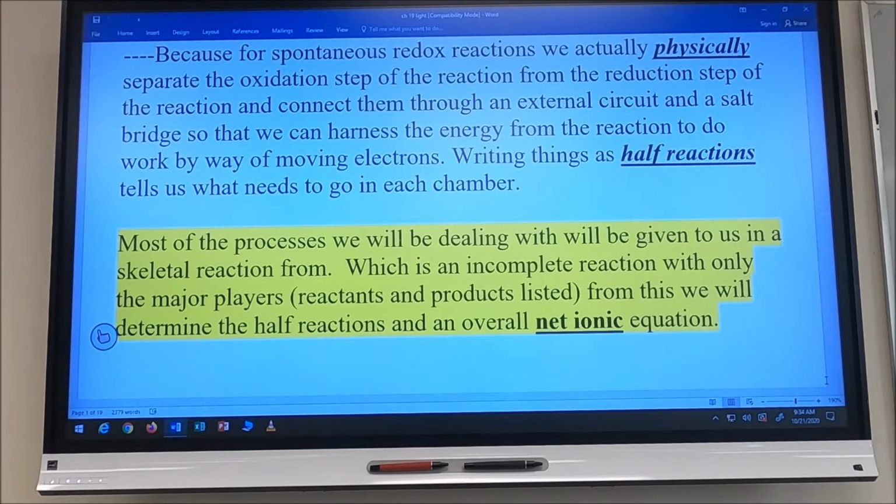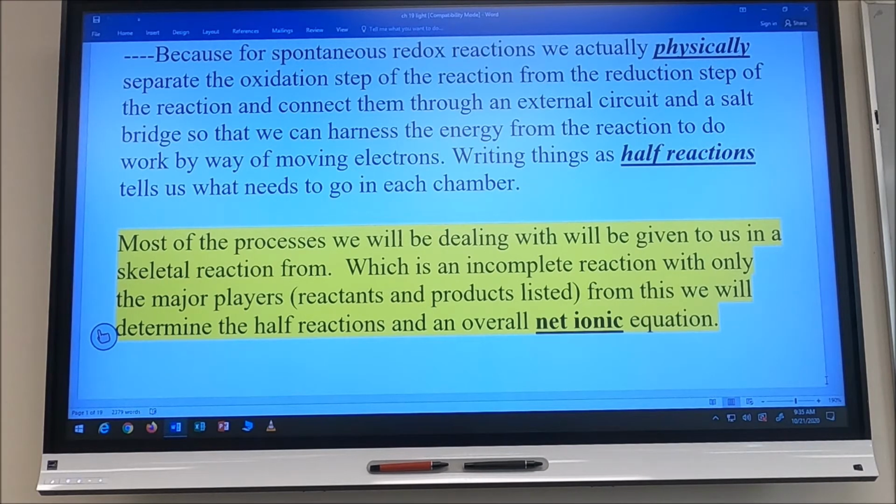If we don't, the energy that's going to be liberated in the redox reaction is going to come out as heat. And heat's not nearly as useful as electricity. So we want to harness the energy from the reaction in a very specific way. So we're going to learn how to write half reactions and how to use half reactions to get